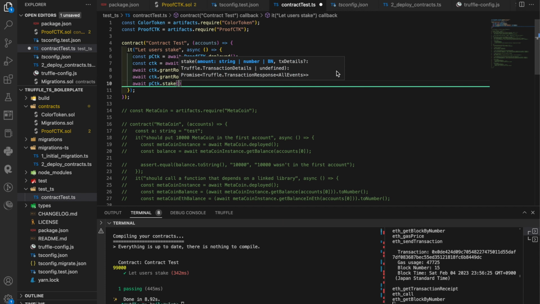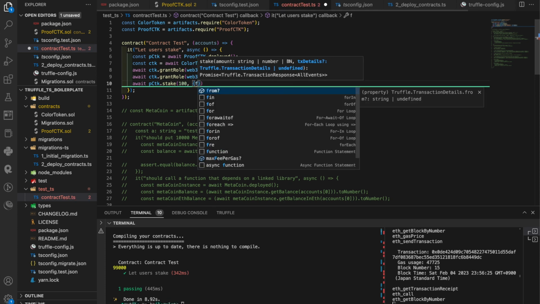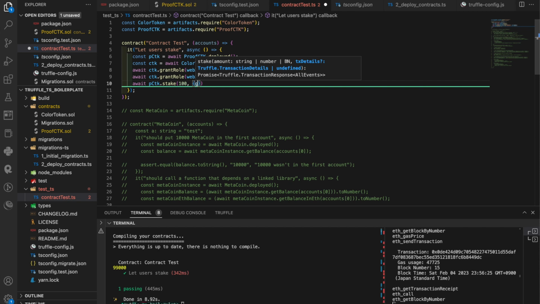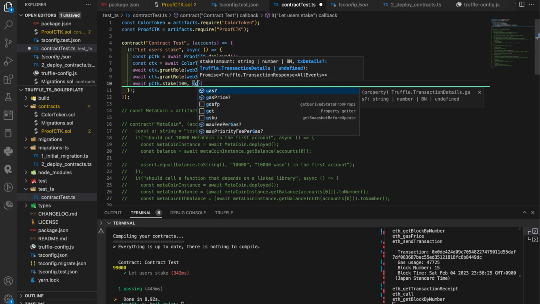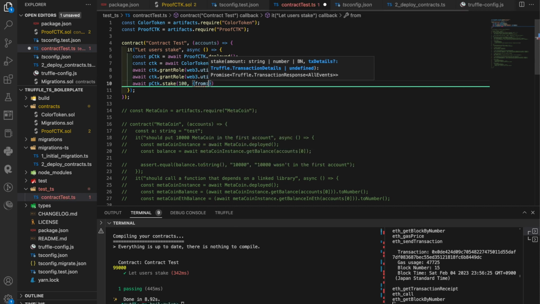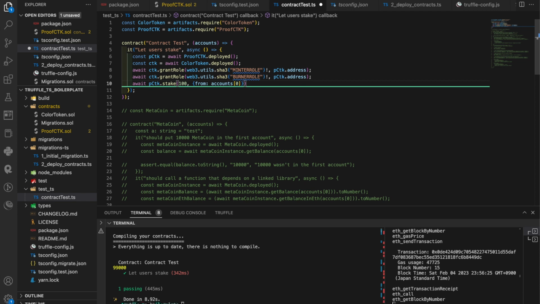I love this autocompletion. I can also see this one is also very good, and here we can do guess, and then we can do from, we can do any other thing, guess price. Very nice, right? From account 0, which is the deployer,